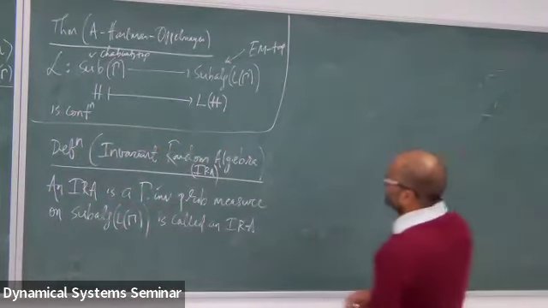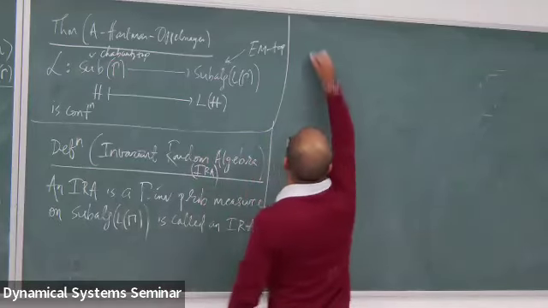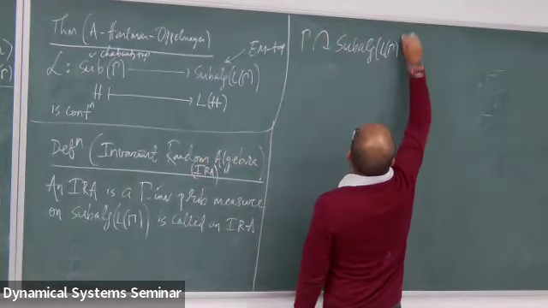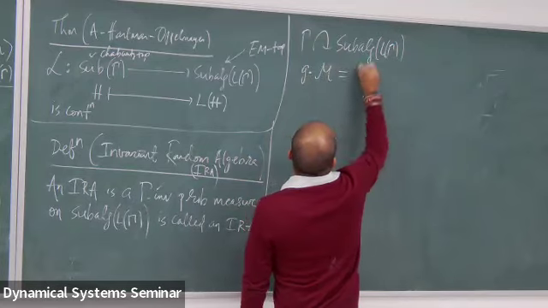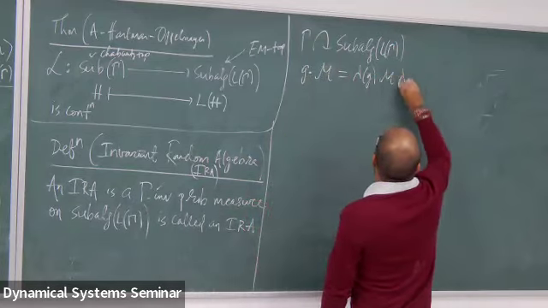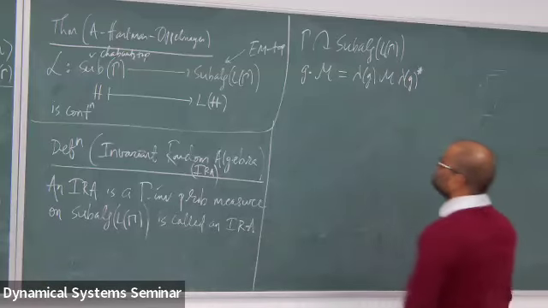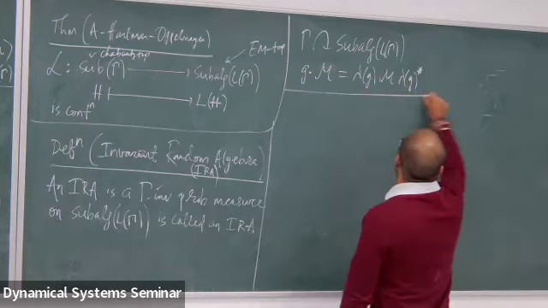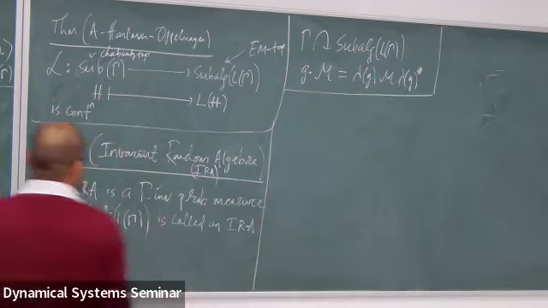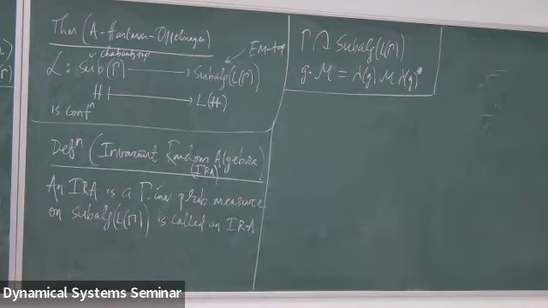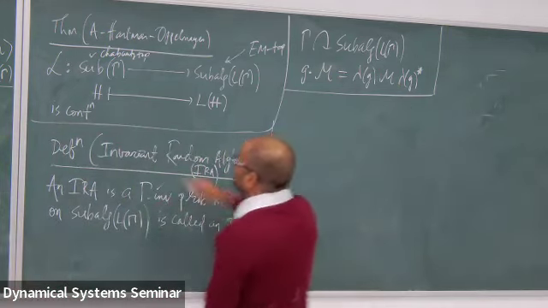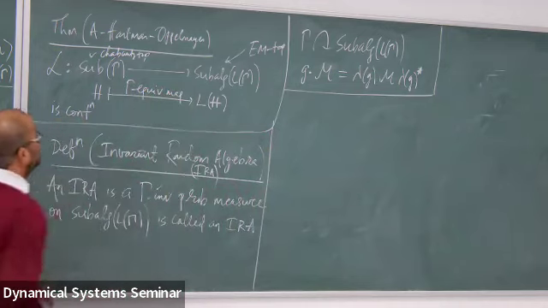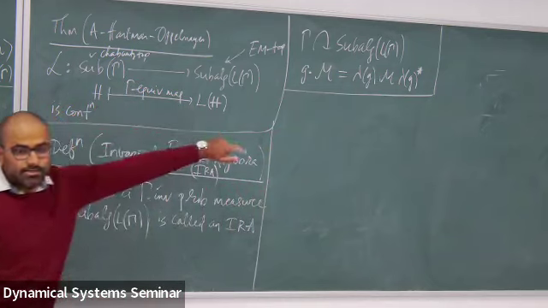When I say gamma invariant, there is a nice action of my group on subalgebras of L gamma. So this is again the conjugation action. And then this assignment that we did is a gamma equivariant map, in the sense that L of gHg inverse is exactly g L of H g inverse.